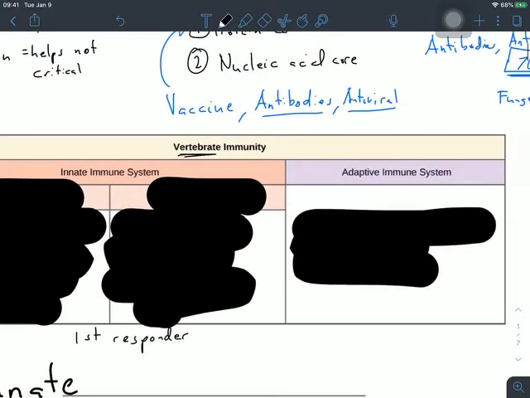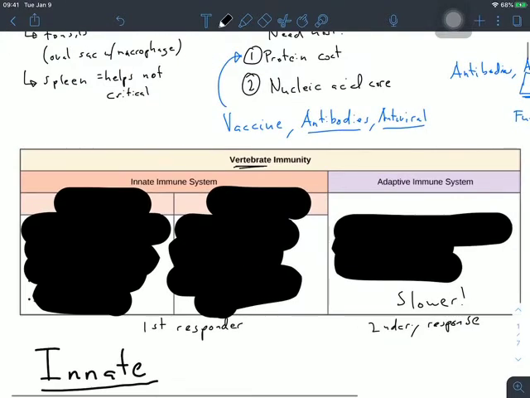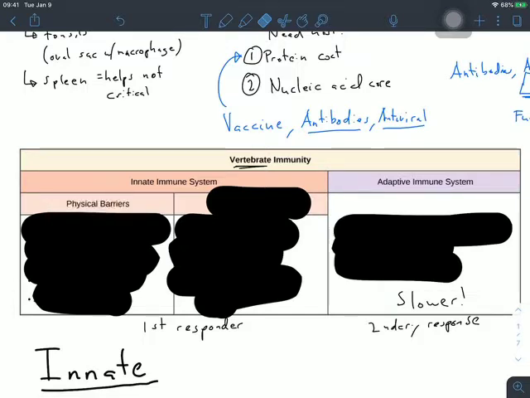And then we have our adaptive immune system, which is a secondary response. It's a secondary response, meaning that it is much, much slower. But it is very effective, as long as it gets there in time. Our innate immune system is made of either physical barriers or internal defenses, meaning that you can stop the virus